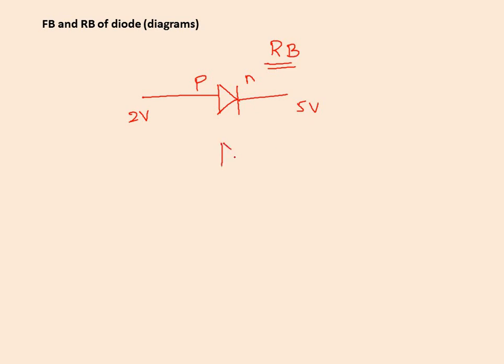Now again, just reverse the values, and that itself gives you the reverse bias condition. Here I am giving minus 5 volt, here I will give minus 3 volt. So high potential should be on the negative side, that indicates the RB, reverse bias. Now coming to the third one, grounding. Let me draw that. I will ground the positive side, and here I will apply the same minus 5 volt.